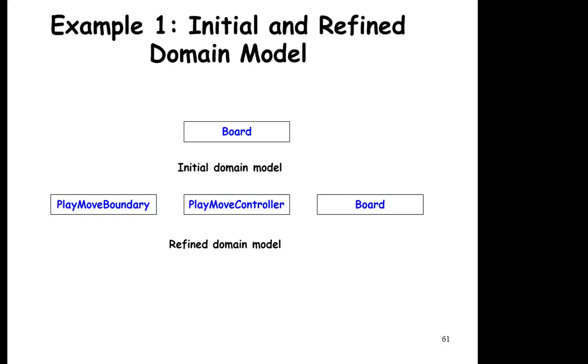where we have to see the play move also, because the move has to be taken by the player. So player indirectly interacts with the play move, so it is a boundary. Then there is a controller, play move controller, if we play this game in a computerized manner. So there we need a controller. The controller will validate your moves. We have to see whether your move is validated or not.